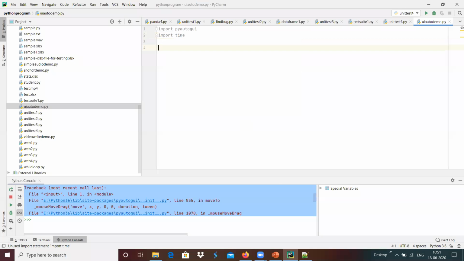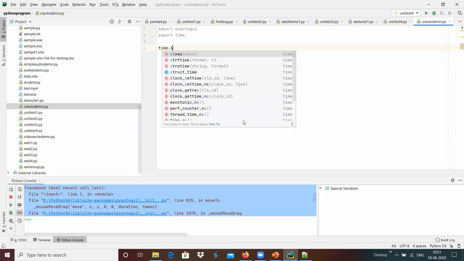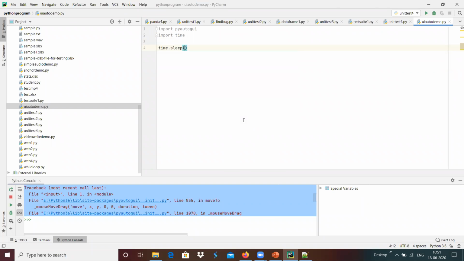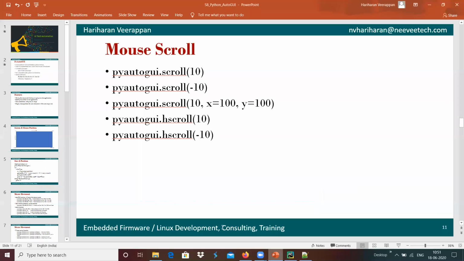Then I'm going to use time.sleep for 5 seconds. I'm going to sleep, and then I wanted to test this functionality over here. Maybe something like this.